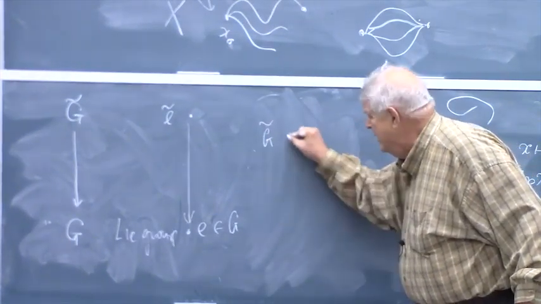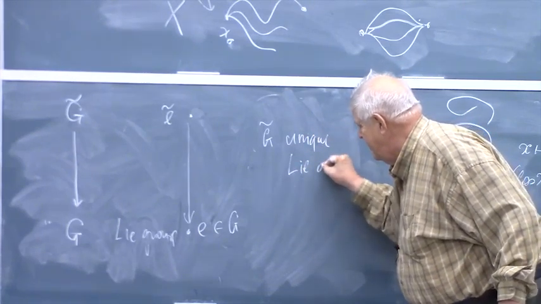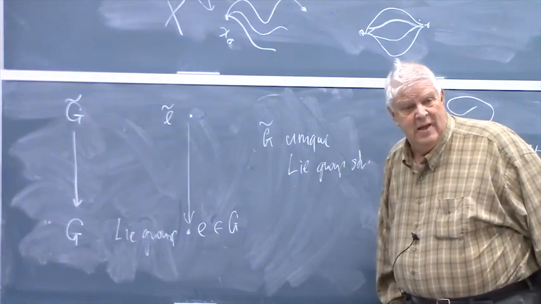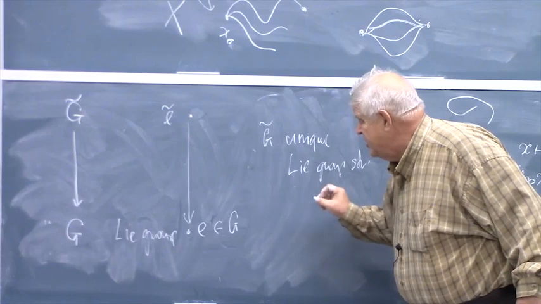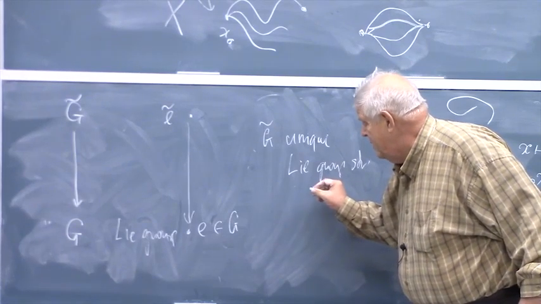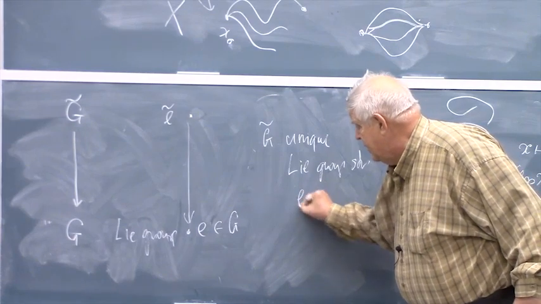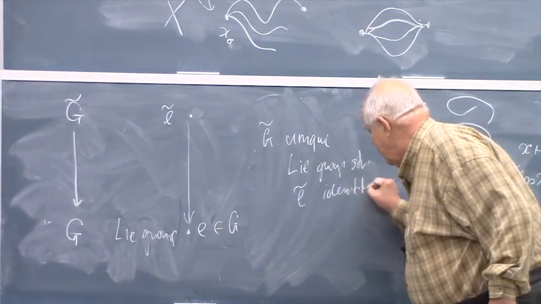has a unique Lie group structure, a very much unique Lie group structure, such that E tilde is the identity element, and P